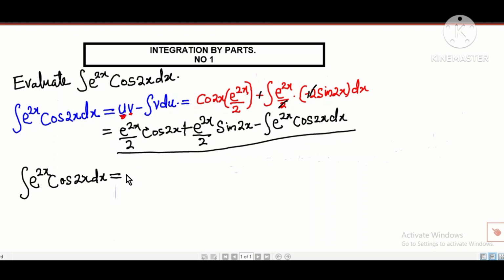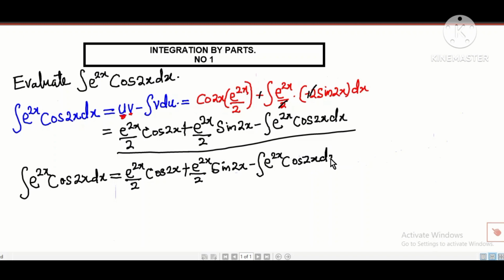So this is e to the power 2x all over 2 cos 2x, and this is going to be plus e to the power 2x all over 2 sine 2x minus the integral of e to the power 2x cos